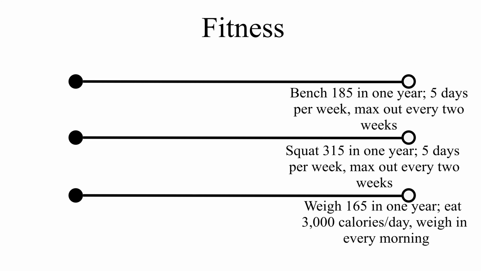Now we can set some milestones for our goals. And the great thing about fitness goals is that it's really easy to set milestones. We can just say a milestone would be benching 155, squatting 255, for example, and weighing 150. Like I said earlier, the milestones are meant to shrink the distance to the end goal. Going from squatting 100 to 300 pounds is a big change, but maybe going from 100 to 150 and then 150 to 200 and doing these smaller goals may help you stay motivated in the long run until you can form a habit of sorts to always do that goal forever.